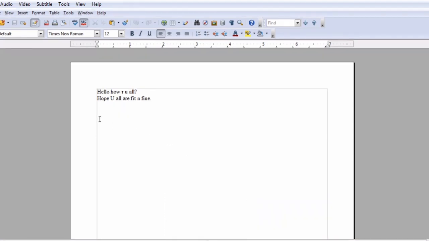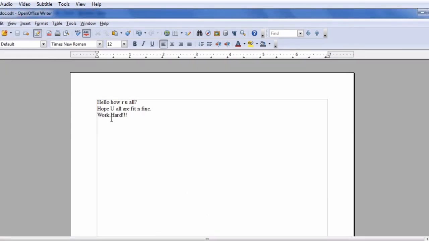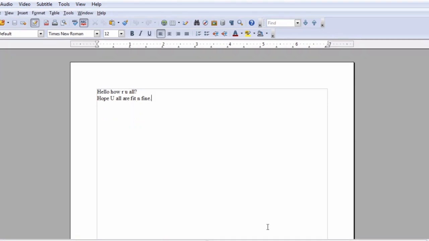Now let's see whether this is reflected back to this file or not. No, this extra line we have added in first doc is not reflected in second doc, and this is another difference between Save and Save As. With the help of Save As, you make a copy of your existing file, but both these copies, the original one and the copied one, are different, they are not the same, and whatever changes you make to one file will not be reflected back to the second file. So in the first file we have work hard, here we don't have any work hard. If I make any changes here, this will remain in the second.doc file only, it will not be reflected in first.doc.